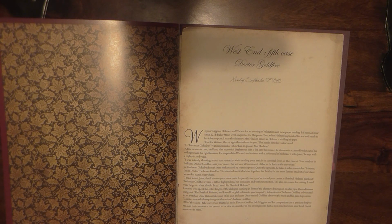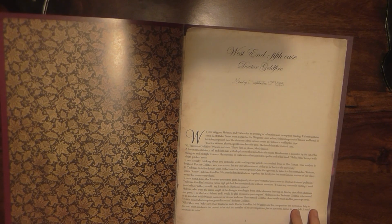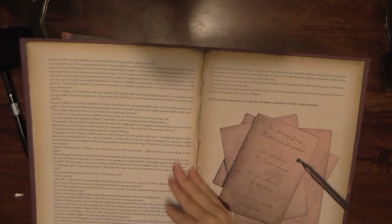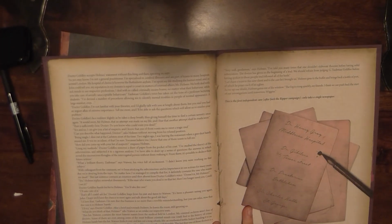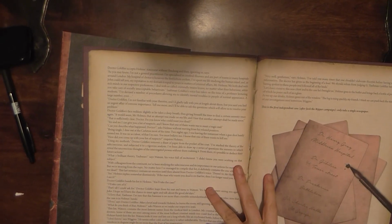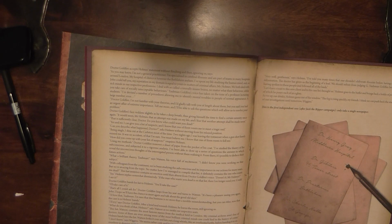"This is a case which requires great discretion," declares Goldfire. "All of the cases I take care of are treated as such, Dr. Goldfire. Mr. Wiggins and his companions, that is us, are a precious help to me, and their assistance has proved to be vital in a number of investigations. Just as you need nurses in your field, I need assistance in mine." Dr. Goldfire accepts Holmes's statement without flinching and then, ignoring us, says,